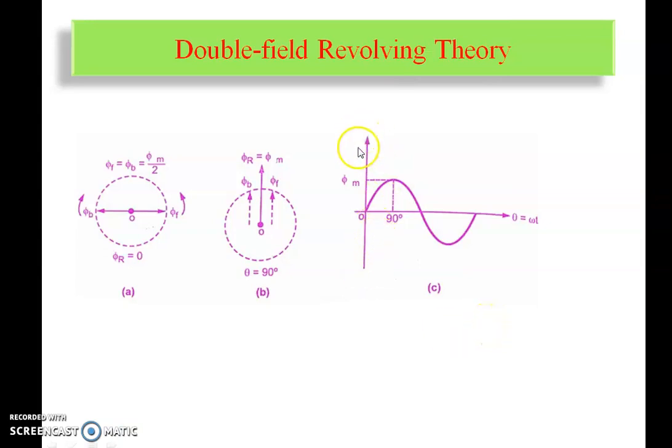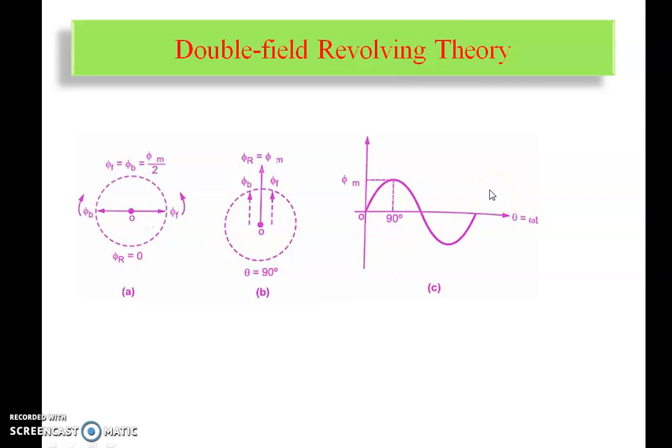Now suppose this is, as we know, a sinusoidal AC waveform. It starts from zero, then it starts increasing, and rises to the maximum value of phi m. Again it reduces to zero, then goes to the negative maximum value. Here I get the positive maximum value of phi m, and here I am getting the negative phi m. Again it goes to zero, and it goes on continuously, as we have seen in the basic electrical subject.